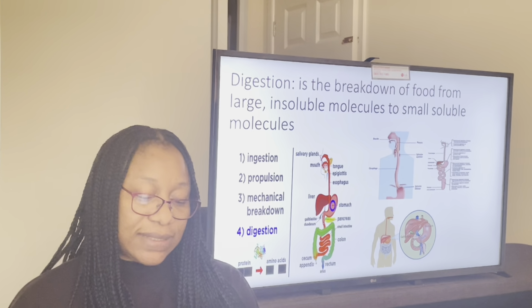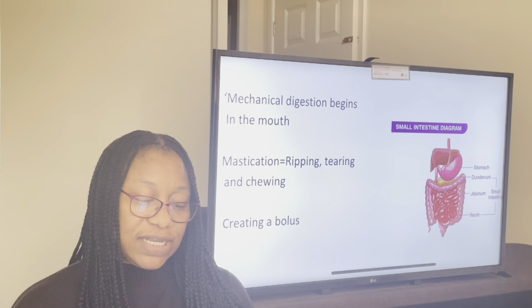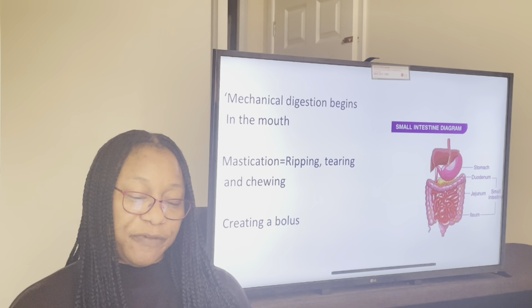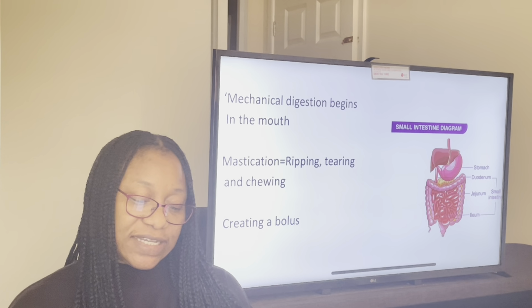Mechanical digestion. Mechanical digestion, or catabolism, is the physical breakdown of large food particles into smaller food particles. Mostly this takes place inside the mouth before the bolus travels through the digestive system and the chemical digestion process takes place. Chemical digestion. Chemical digestion is the process of digestion whereby large molecules are broken into smaller molecules through the use of enzymes,